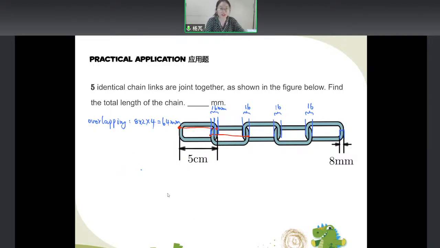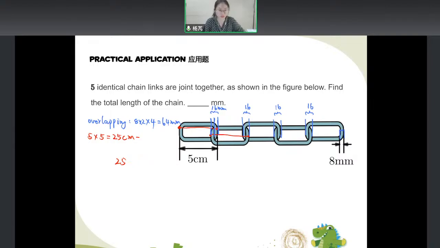Let's keep going. We know the overlapping part should be 64 millimeter. Then let's try to find out the total length. Okay. If each little chain is 5 centimeter, now I have 5 groups of 5. So it should be 25 centimeter. Everyone, be careful. If I use 25 minus 64, I absolutely cannot do that in this way. So we need to